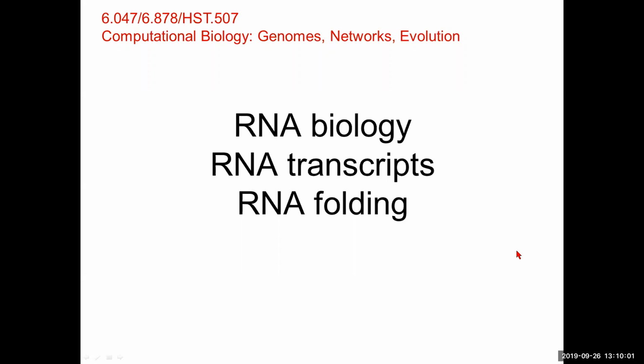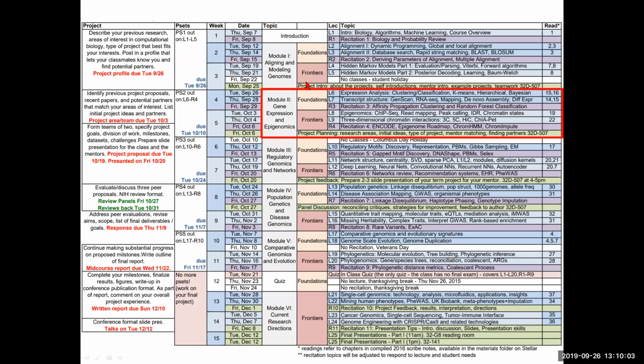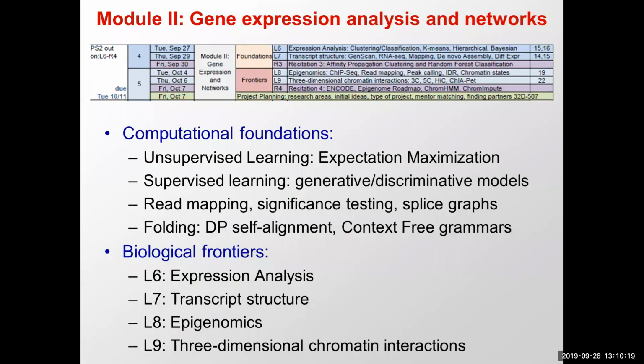So we are in the midst of module 2, which is all about the dynamics. Module 1 was all about DNA and how to annotate regions in the DNA. Module 2 is all about bringing DNA to life. So the transcriptome, the epigenome, the folding, all of that is active things inside the cell. And we're going to do quite an ambitious journey. We're going to try to cover the last part of the last lecture and all of this lecture,